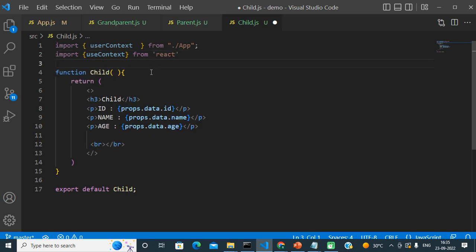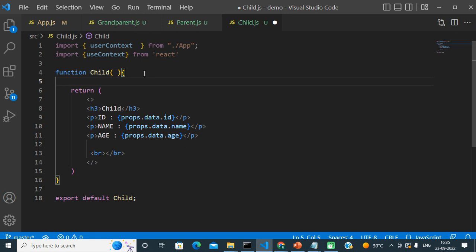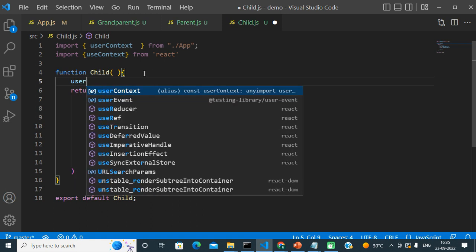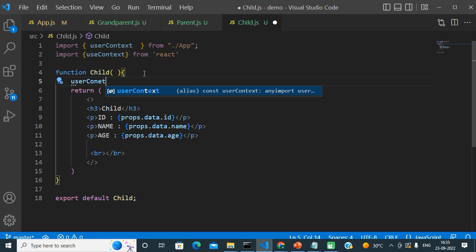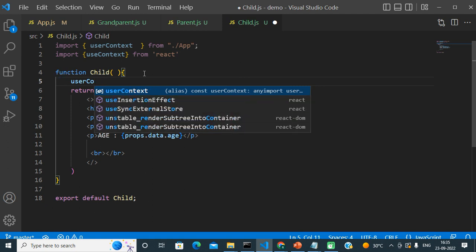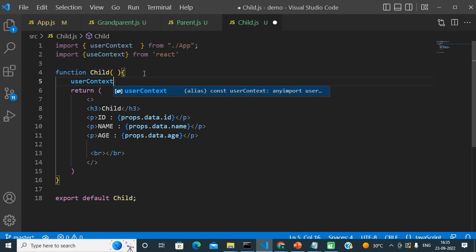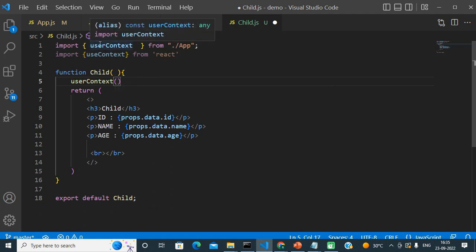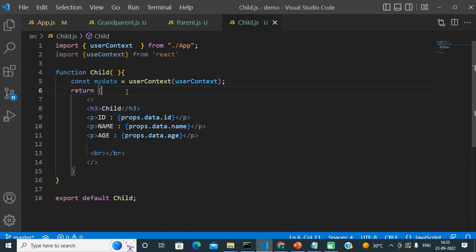After that we just need to call useContext, which is our normal context hook function, and we need to pass this context to that, and we just need to hold it in any object, like say myData. Okay, and this is all done guys.